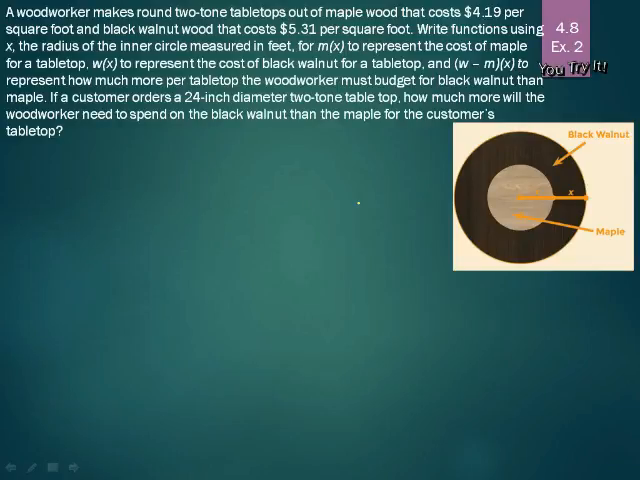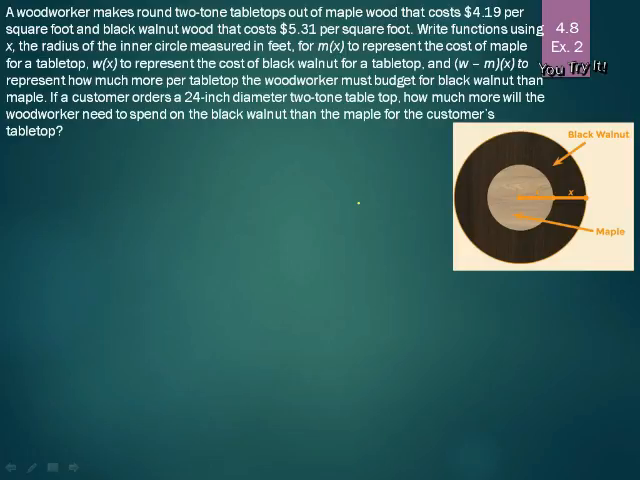A woodworker makes round two-tone tabletops out of a maple wood that costs $4.19 per square foot and black walnut wood that costs $5.31 per square foot. Write functions using x, the radius of the inner circle measured in feet, for m of x to represent the cost of maple for a tabletop, w of x to represent the cost of black walnut for a tabletop, and